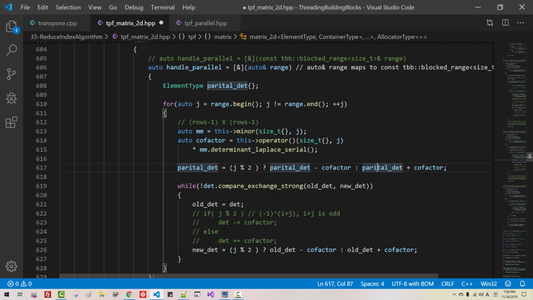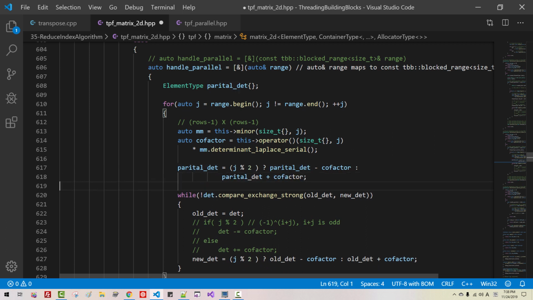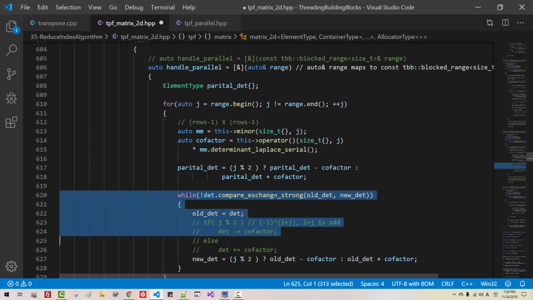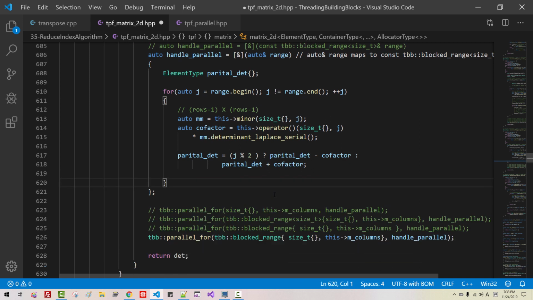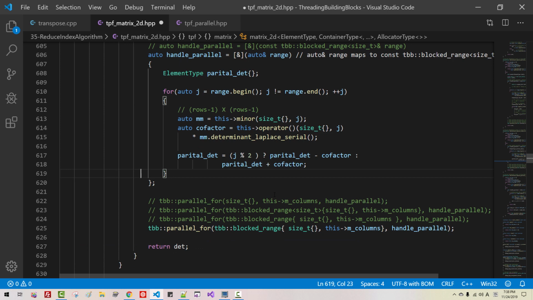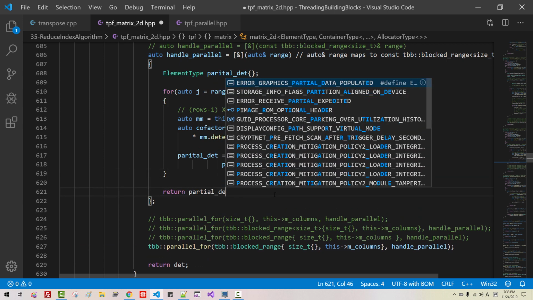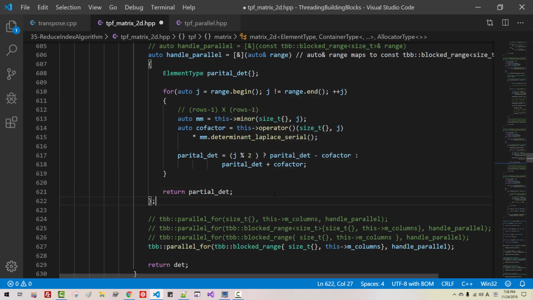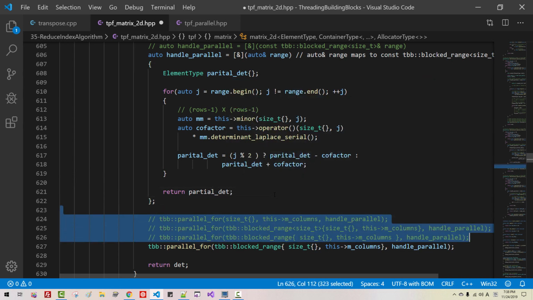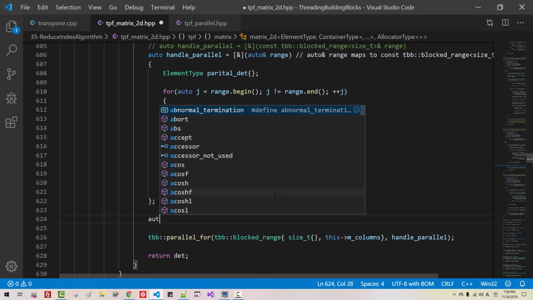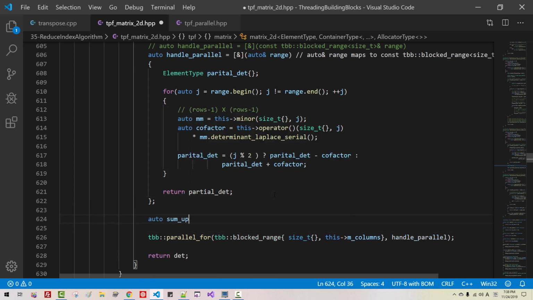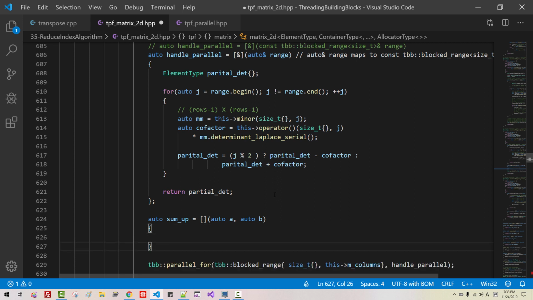I change it like this. We don't need this part. Return partial det. Now we don't need this. Or sum up or A or B, return A plus B,